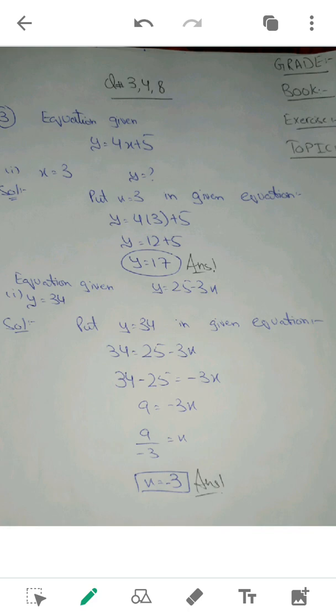Now this minus 3 is a multiple of x. It's not subtracting, please note the point. Just like in question number 1, 4x plus 5, where we did 4 into 3, because x and 4 are in multiplication. Similarly, minus 3x, this is a negative number only, but it is in multiplication, it's not subtraction, okay? So this minus 3 will be divided there. It won't be added here. If you moved this minus 3 to the other side and did 9 plus 3, it would completely destroy the question. If it had been x minus 3, then that would have been the case,